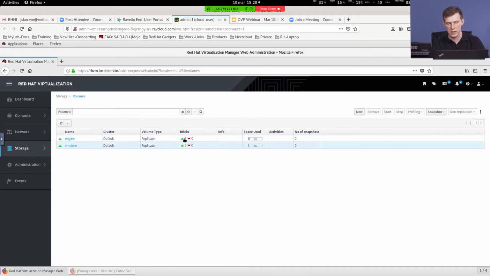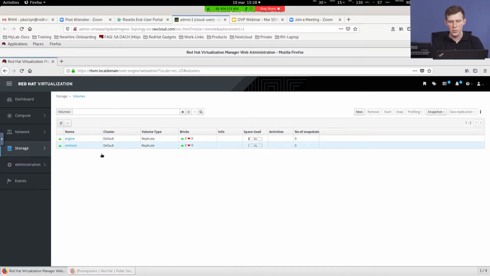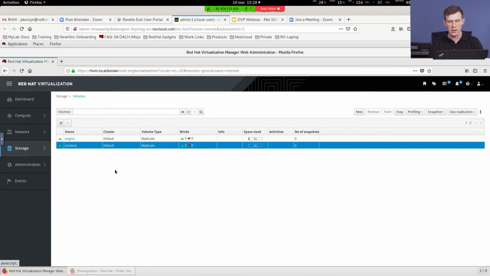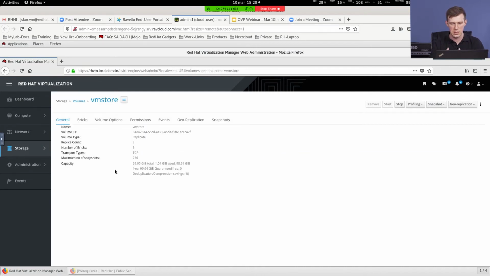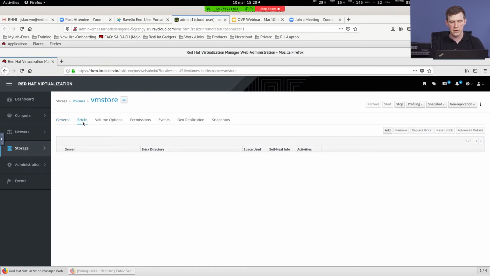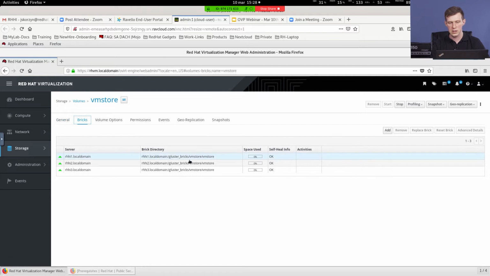We've got our counting, so how many bricks are put together to compose this volume, like the engine or the VM store volume. We know that those are replicated here. We can get a little bit deeper into it, how many replicas we've got, how many bricks we've got underneath, and how they are cut, basically.